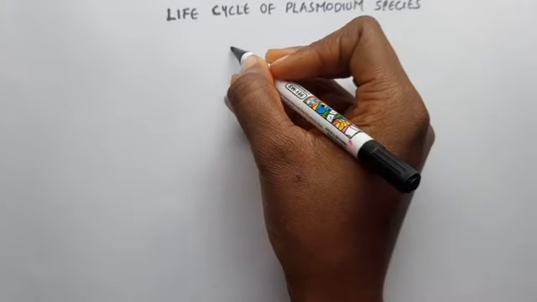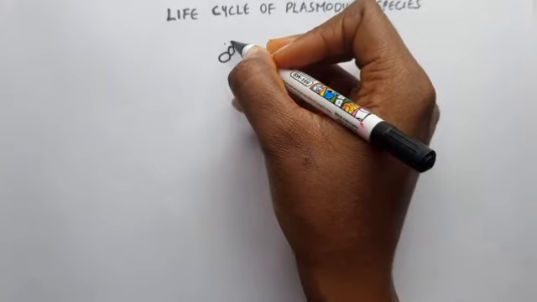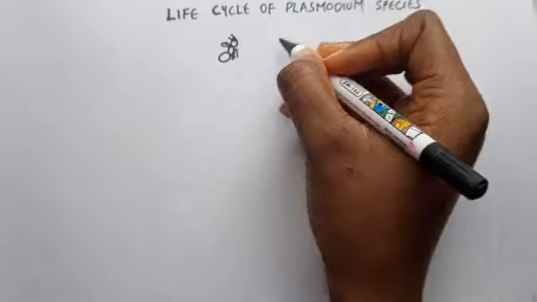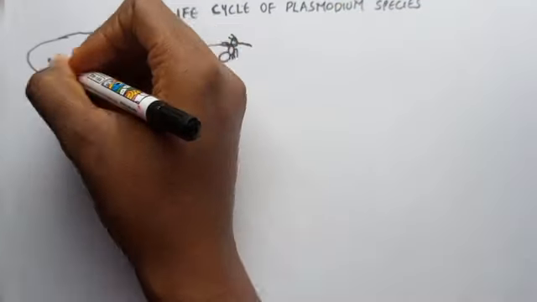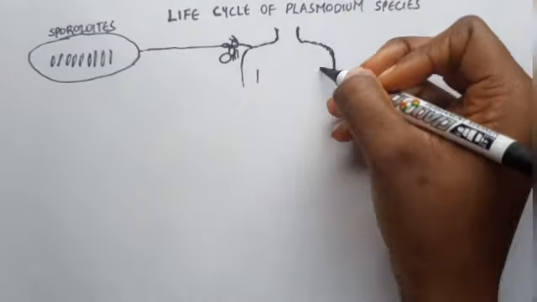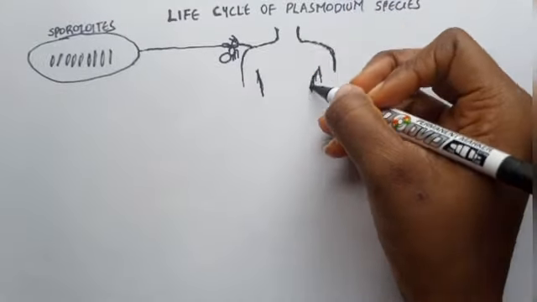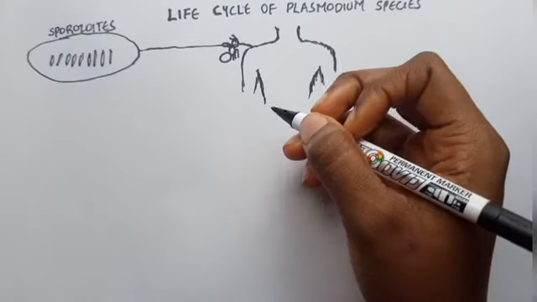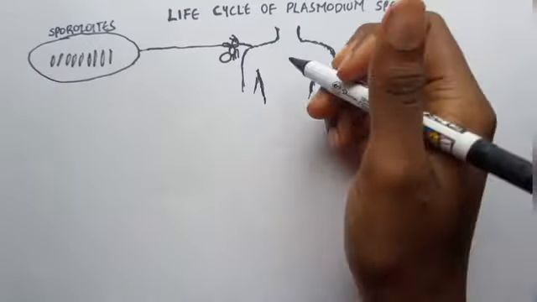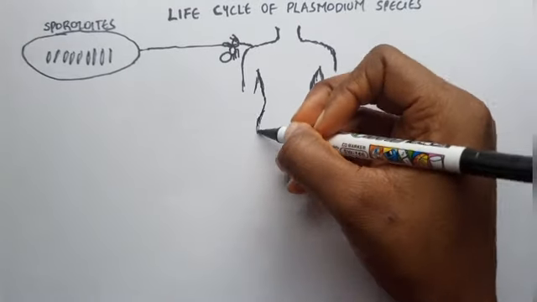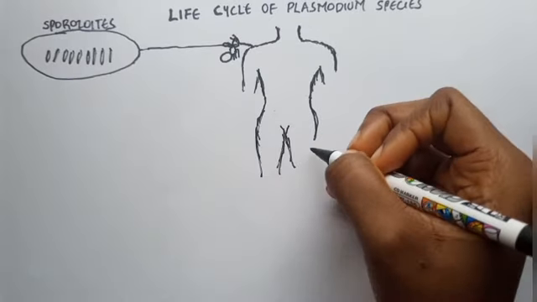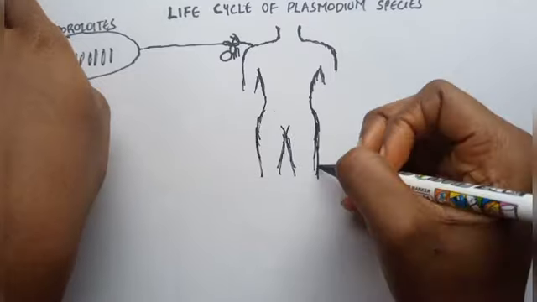So let's begin. An infected female Anopheles mosquito contains sporozoites of the parasites, which are just asexual forms of the parasites. When it sucks the blood of a human or animal, these sporozoites are injected into the body. Some may be killed by macrophages on the skin, others may find their way into lymph nodes, and others will enter a blood vessel. Those that enter the blood vessel will reach the liver.